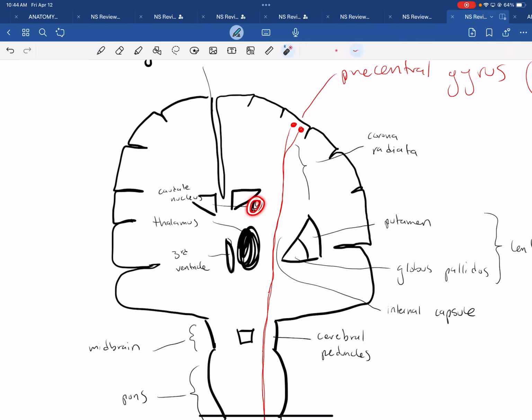Here, yes, good. What is this? Good, thalamus. Here, good, lentiform. What's more lateral? Good, what's more medial? Good. What is all of this? Good, corona radiata. Here, internal capsule. Here,